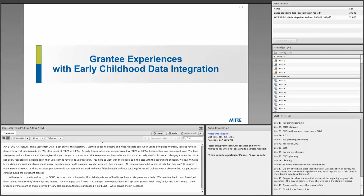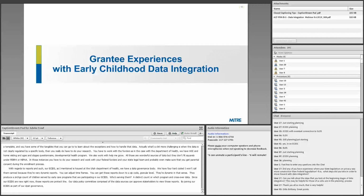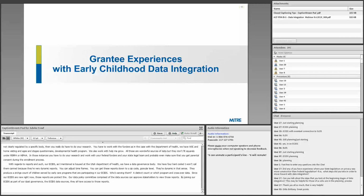some program crossover data. Since our ECIDS is new right now, those reports are protected, and our data policy committee, comprised of the data sources, can approve stakeholders to view those reports. By joining our ECIDS as part of our data governance, the ECIDS data sources all have access to those reports. In a parallel fashion, we're also building another data tool, and that will